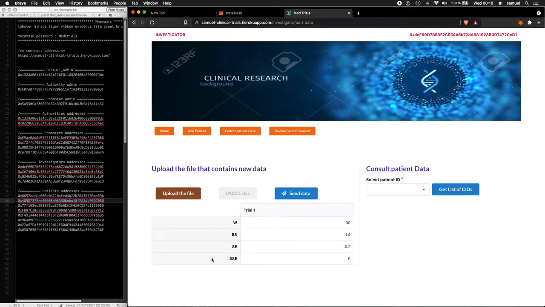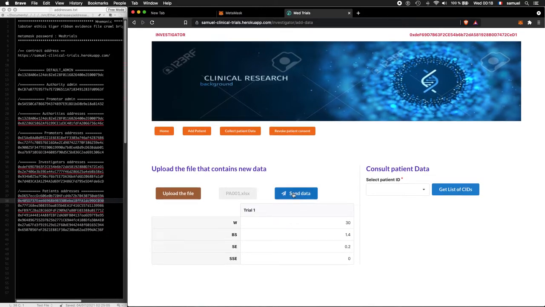As you can see, we have retrieved some information from the file and displayed it here on screen. The weight, 30, the blood sugar, 1.4, the side effect, yes, some side effect, 0.2, but which is not a serious side effect, so that's why we put 0 here.